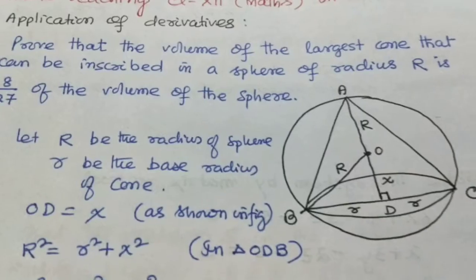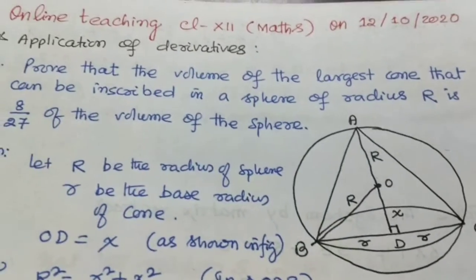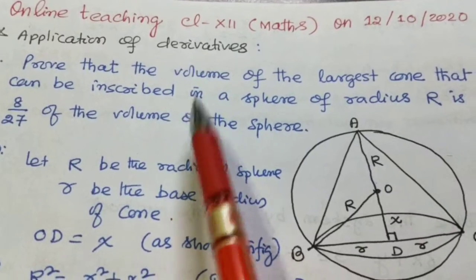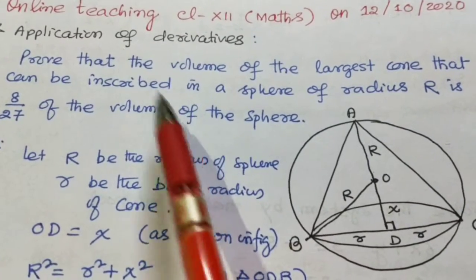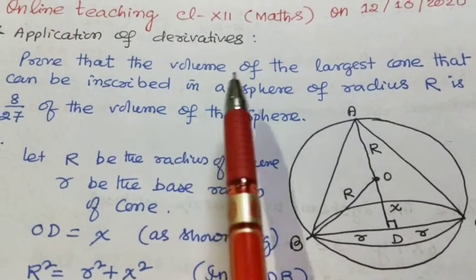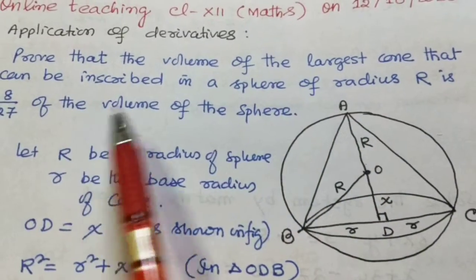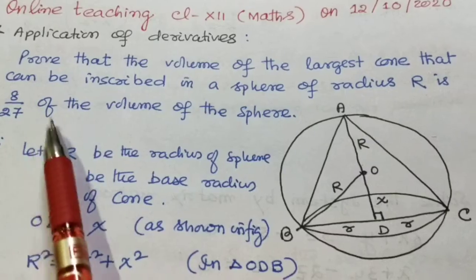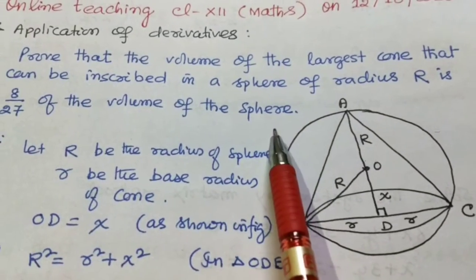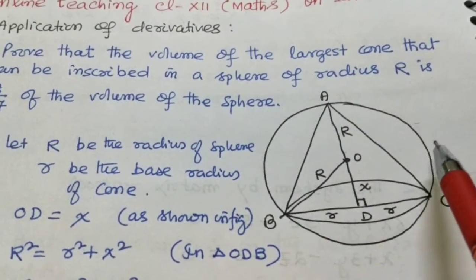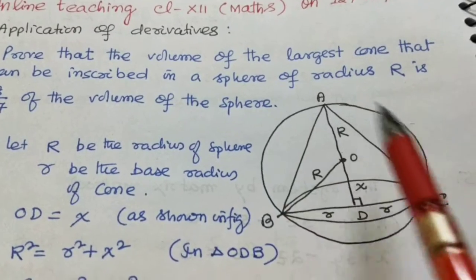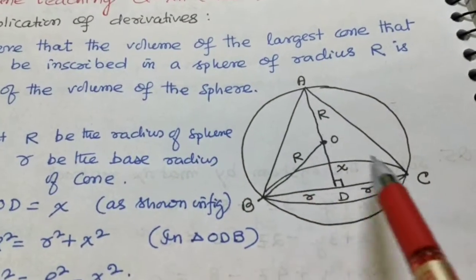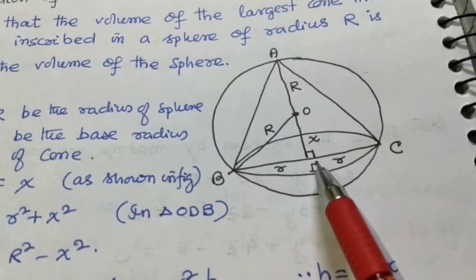The question taken is from the NCERT textbook, exercise 6.5: prove that the volume of the largest cone that can be inscribed in a sphere of radius R is 8 upon 27 of the volume of the sphere. That means a cone is inscribed in a sphere. The capital R is the radius of the sphere, and